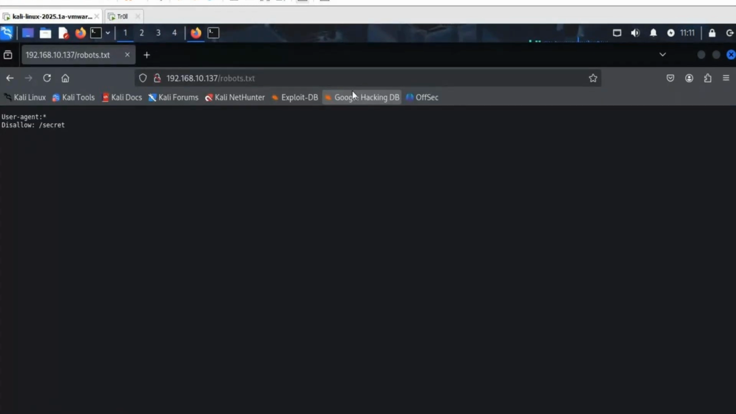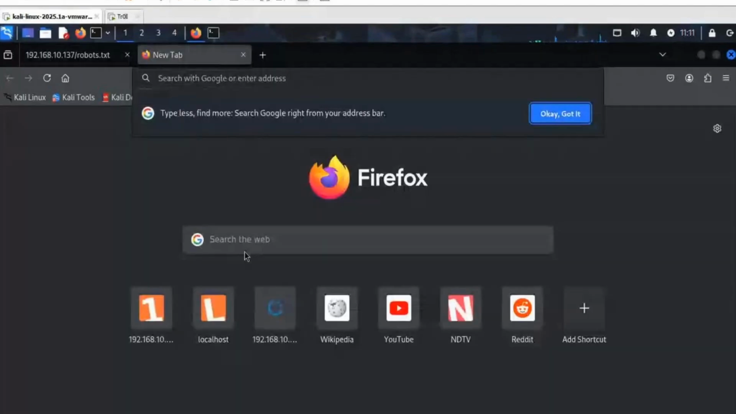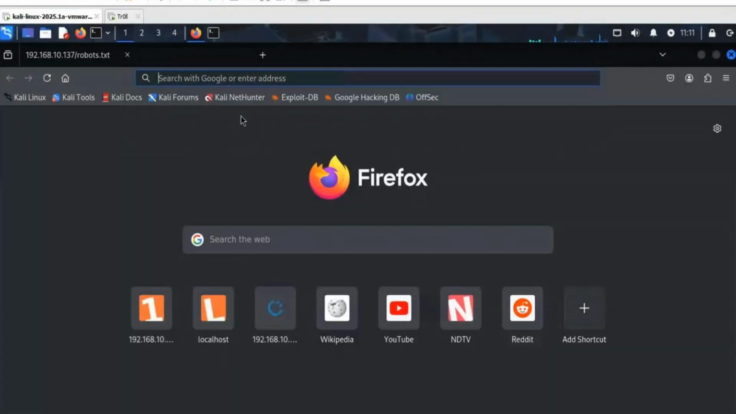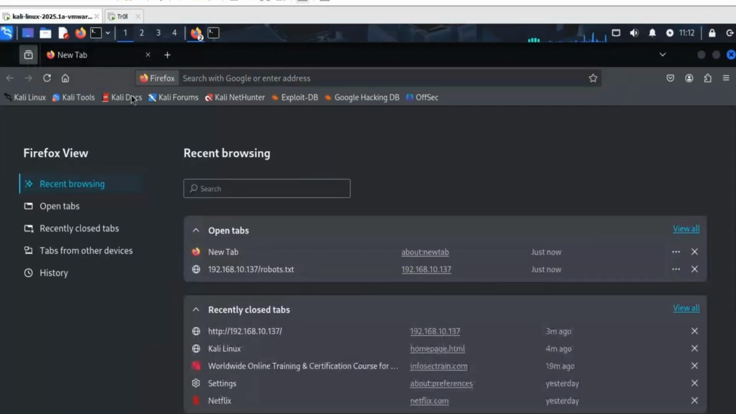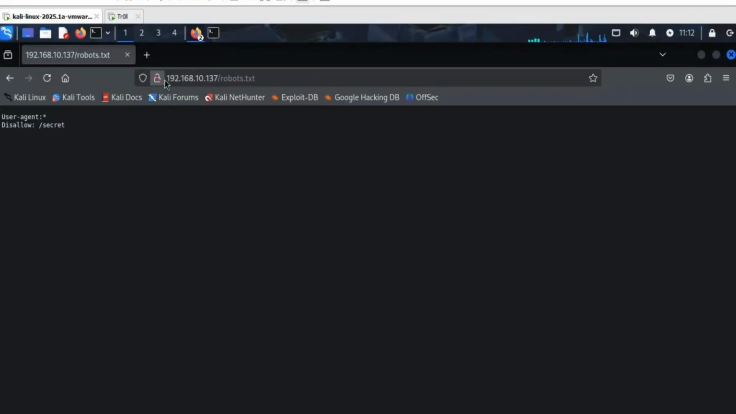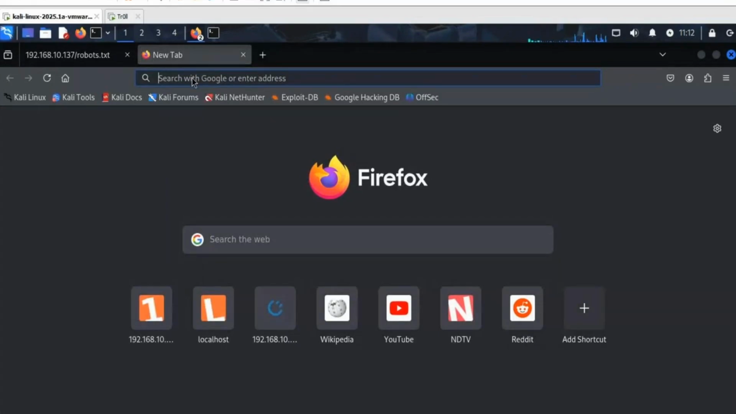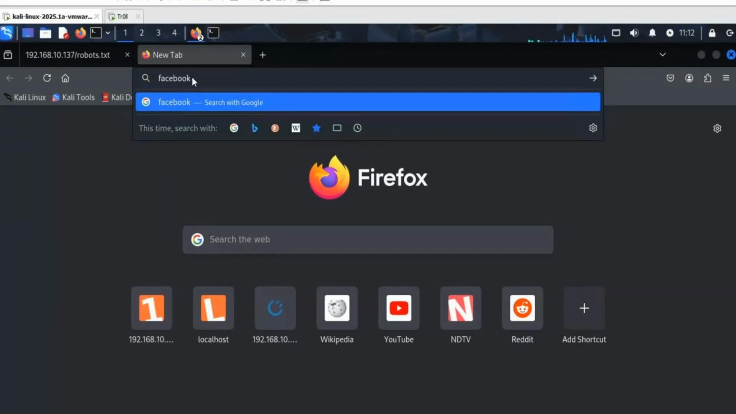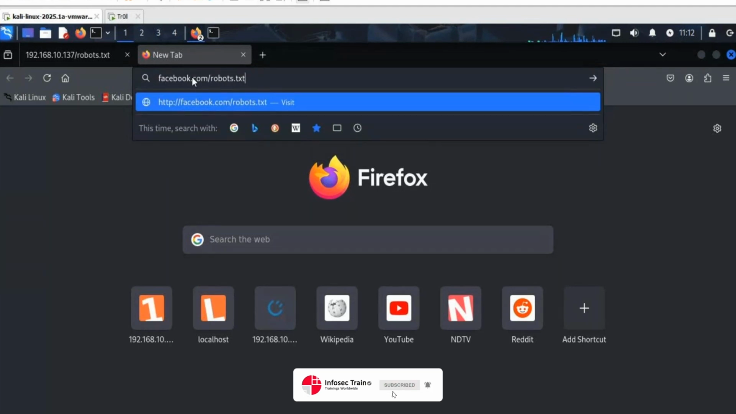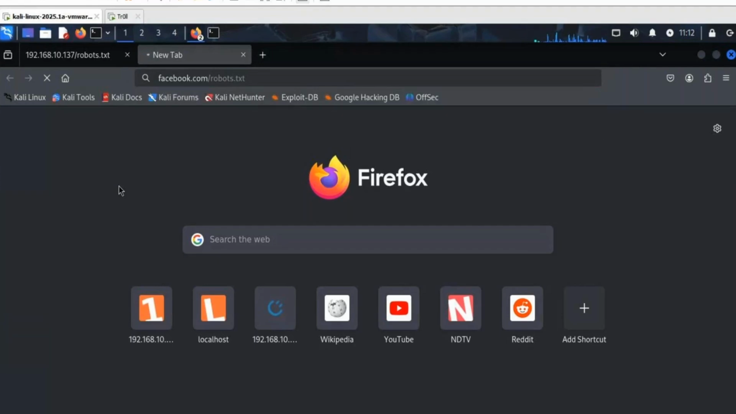So there are places in the web application that you cannot directly go. So robots.txt is a place in the web application which shows the different places in the web application, which are allowed and which are not. So if I write facebook.com slash robots.txt, it will open the robots.txt file of facebook.com,